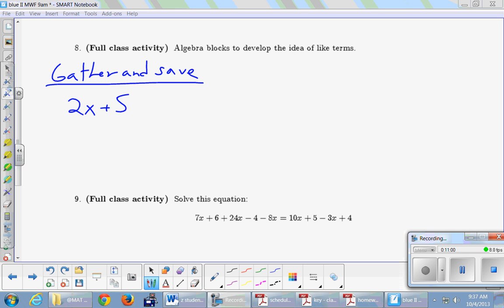Okay, everybody have 2x plus 5? Where is it? 2x plus 5. What do we have here? Super. Do we have it? And we have it here. Super. Next thing I want you guys to do is to gather and save